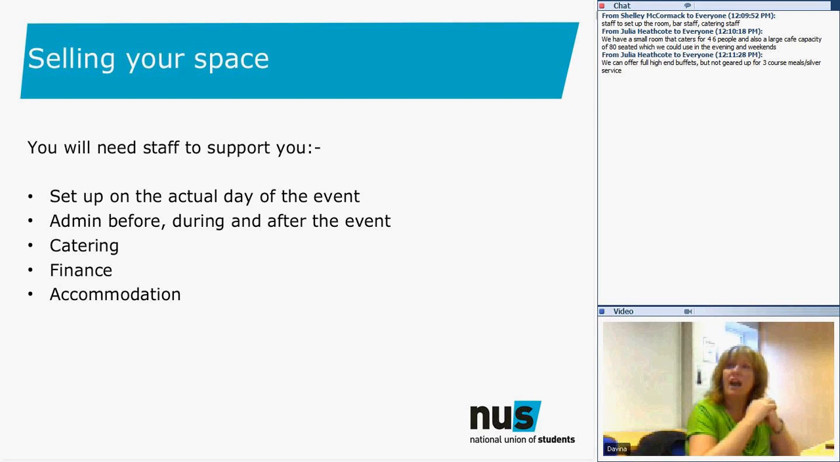Admin before, during and after the event, you need to have a room booking system so that you can actually book your rooms out, and help during the day. It can just be directing people, etc. And then afterwards as well, just doing some post-event evaluation, just checking with the